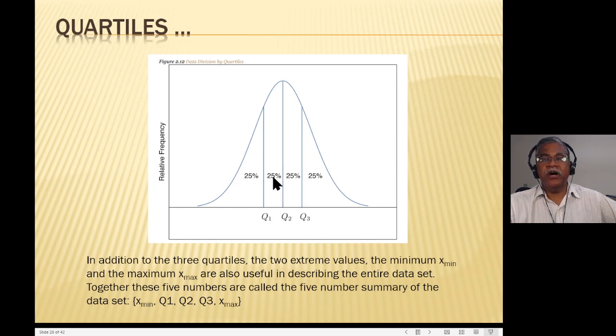So between Q1 and Q2 will be 25%, Q2 and Q3 will be 25%, beyond Q3 will be 25%, and before, on the other side, will be 25%. And the numbers you can see are X min, the minimum, quartile 1, quartile 2, quartile 3, or Q1, Q2, Q3 values, and the X max. So you will have 5 parameters to measure, but you're basically taking your data and breaking it up into 4